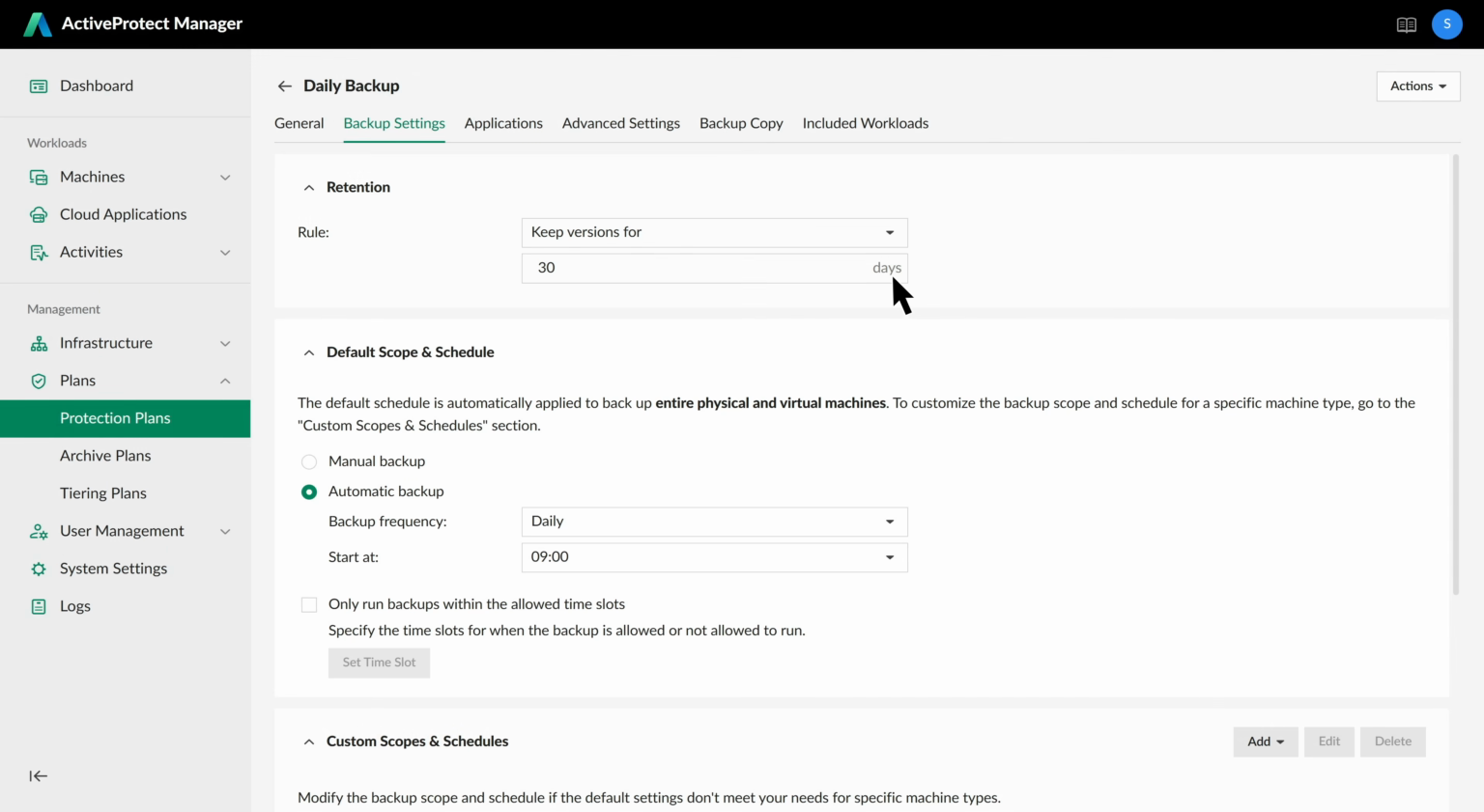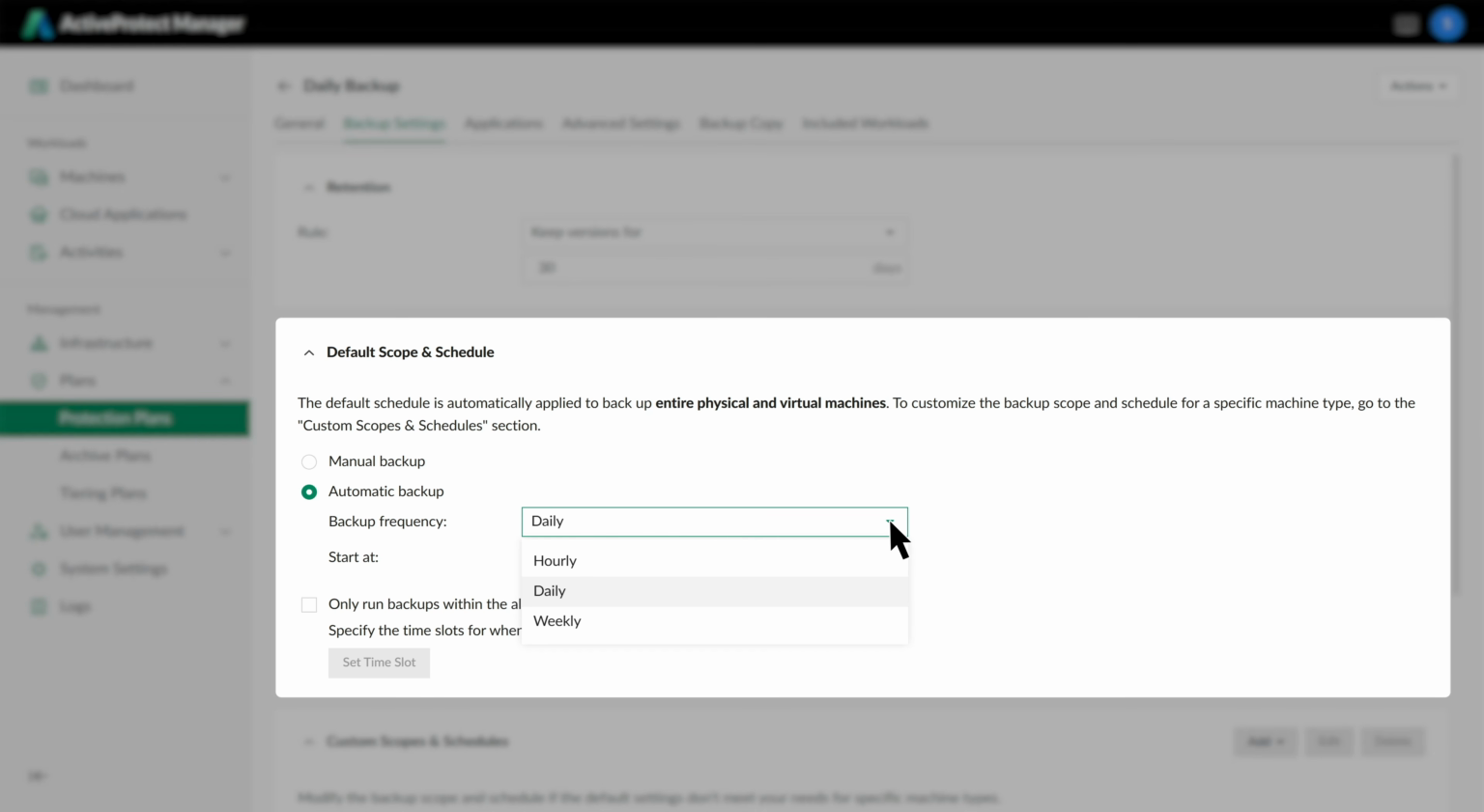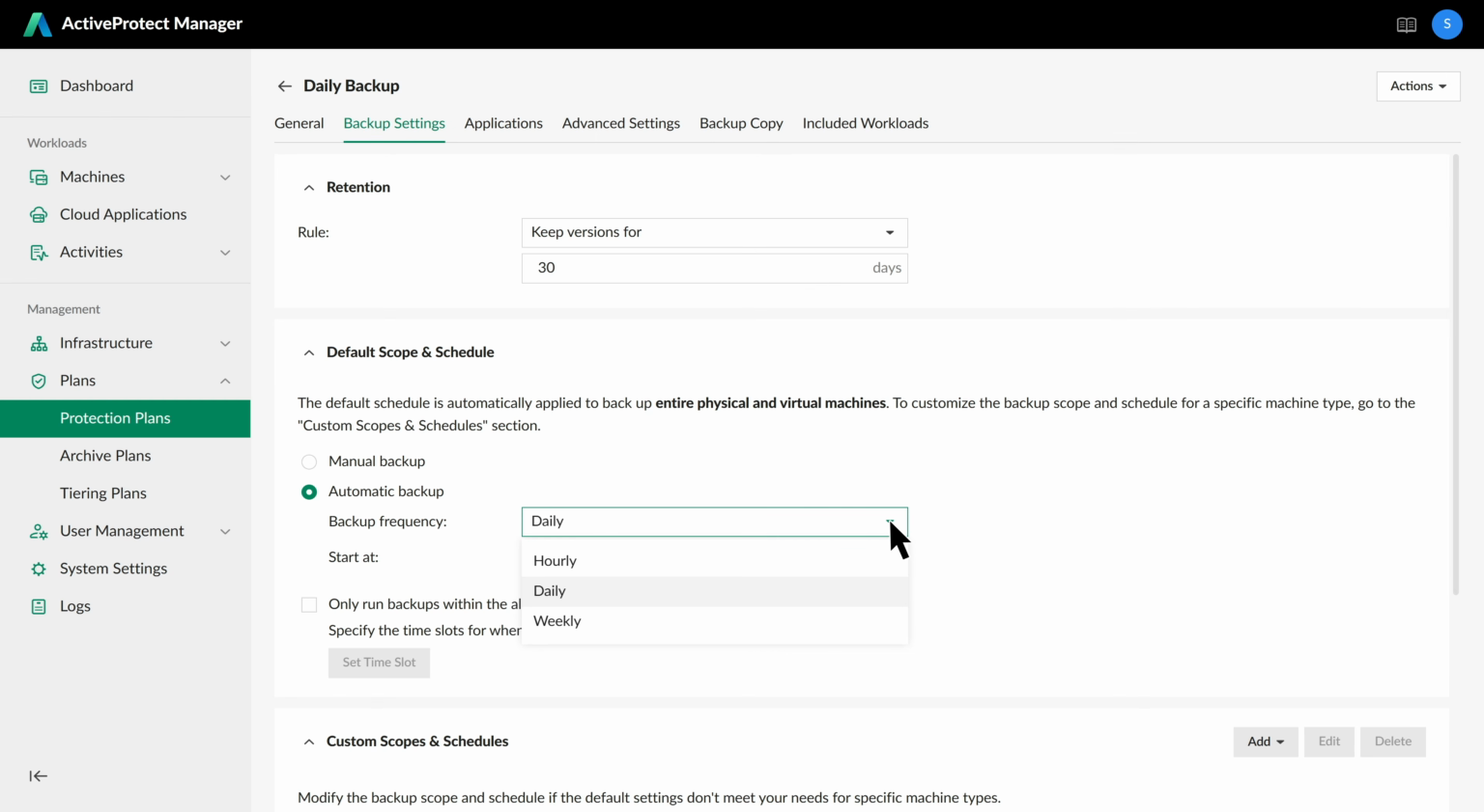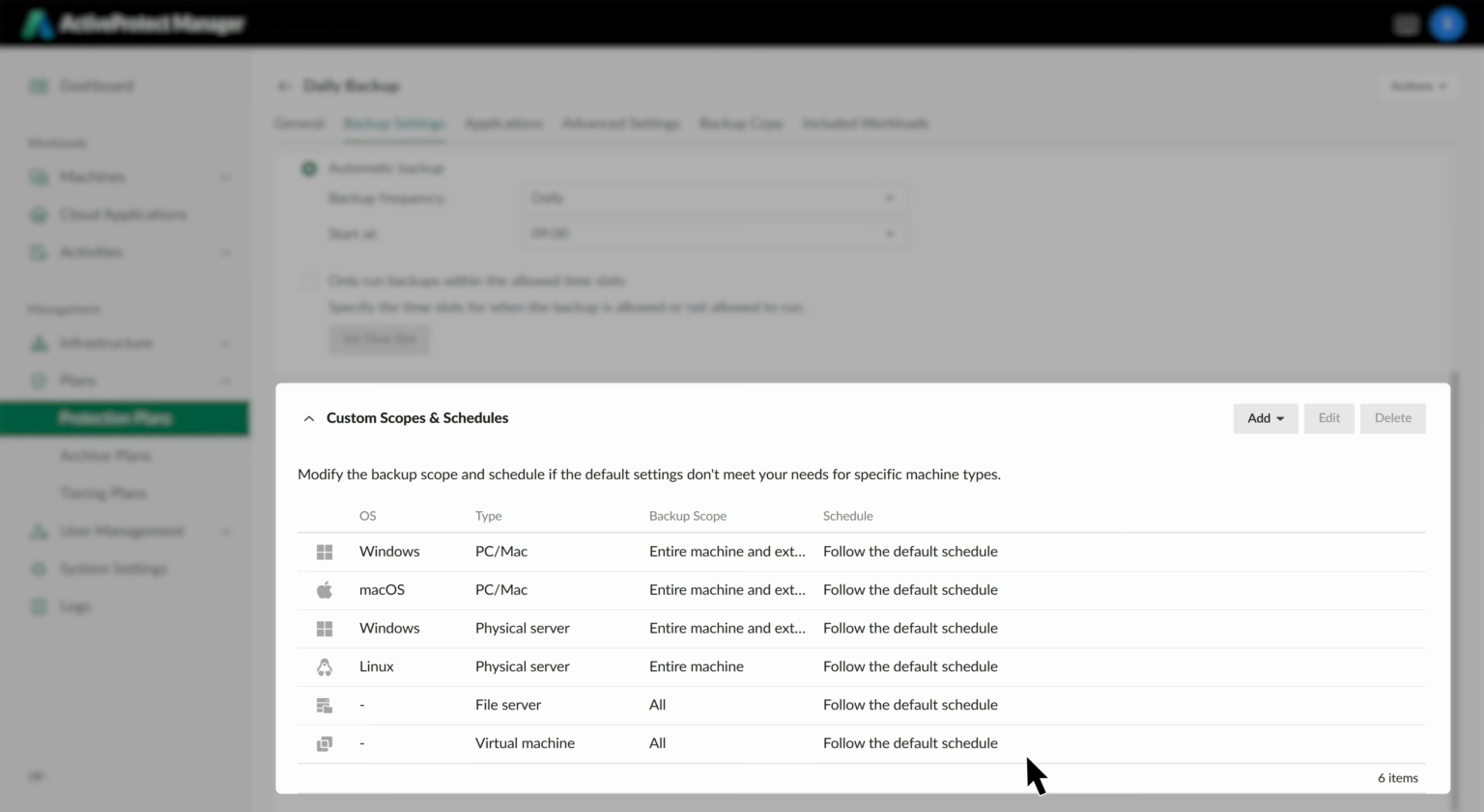Under Default Scopes and Schedule, define how often and when backups run for all machines using this plan, so that the backup cycle aligns with your RPO requirements. If your workloads have different backup requirements, you can set separate frequencies and schedules for each type in the Custom